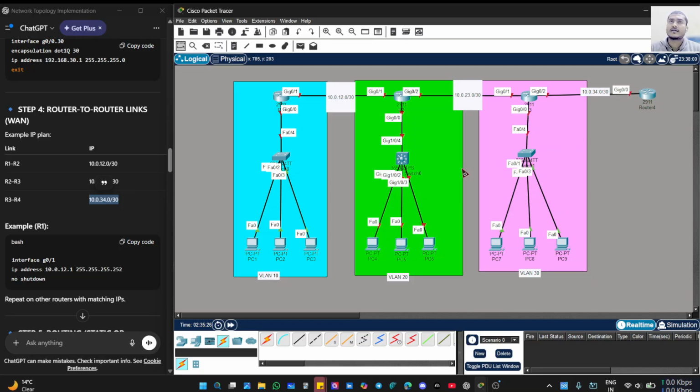The router abilities come with the layer 3 switch, so whatever we were doing with a router, like the router on a stick configuration,